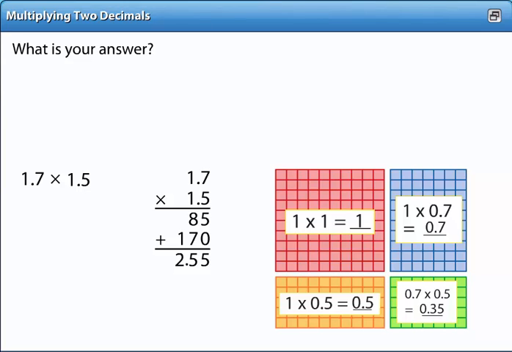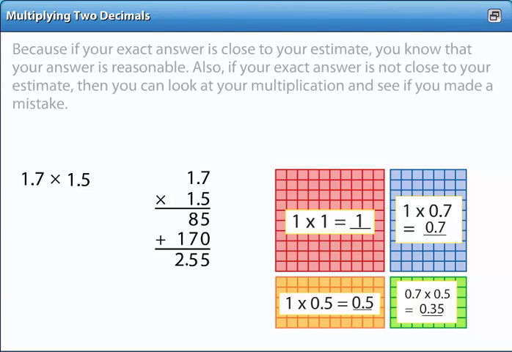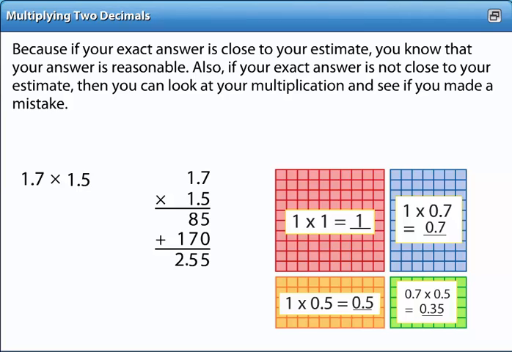What is your answer? The answer for the final product is 2 55 hundredths. Now that you have an exact answer, you should check your answer. Why is it a good idea to check your answer? Because if your exact answer is close to your estimate, you know that your answer is reasonable. Also, if your exact answer is not close to your estimate, then you can look at your multiplication and see